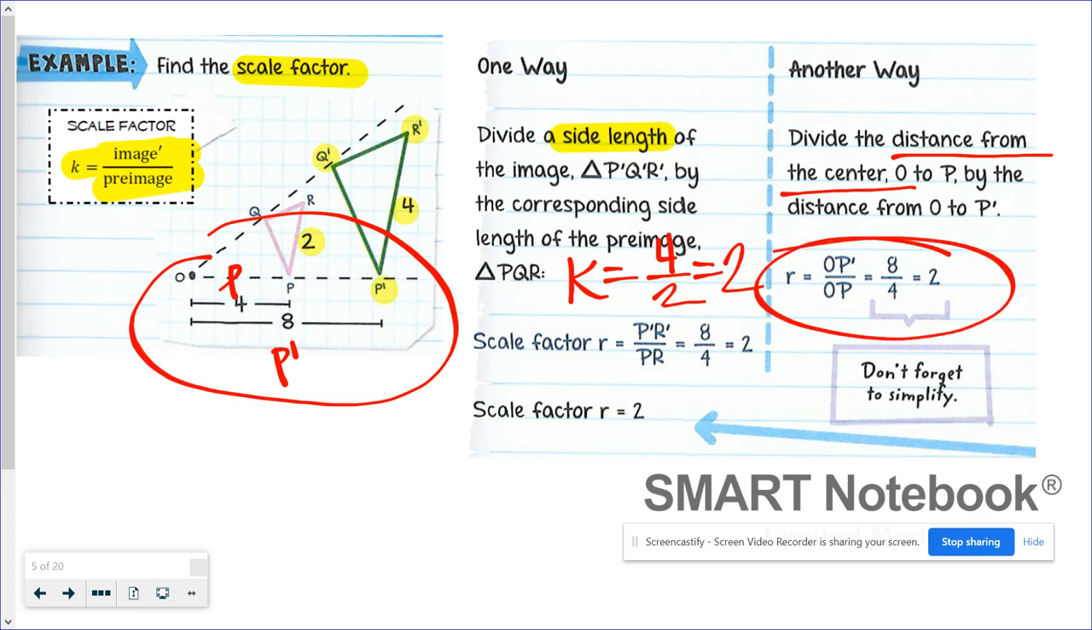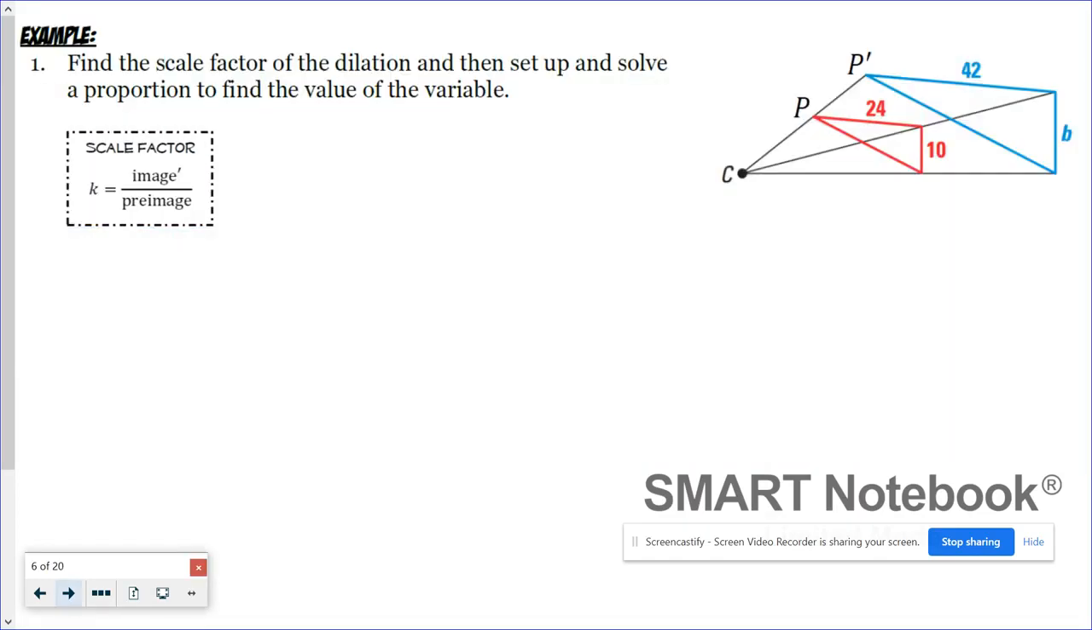So you can use any linear measurements, so side lengths or distances from the center. So in problem number 1, it says find the scale factor of the dilation and then set up and solve a proportion to find the value of the variable. Okay, so I need to take a linear measurement from the image and put that over the corresponding linear measurement